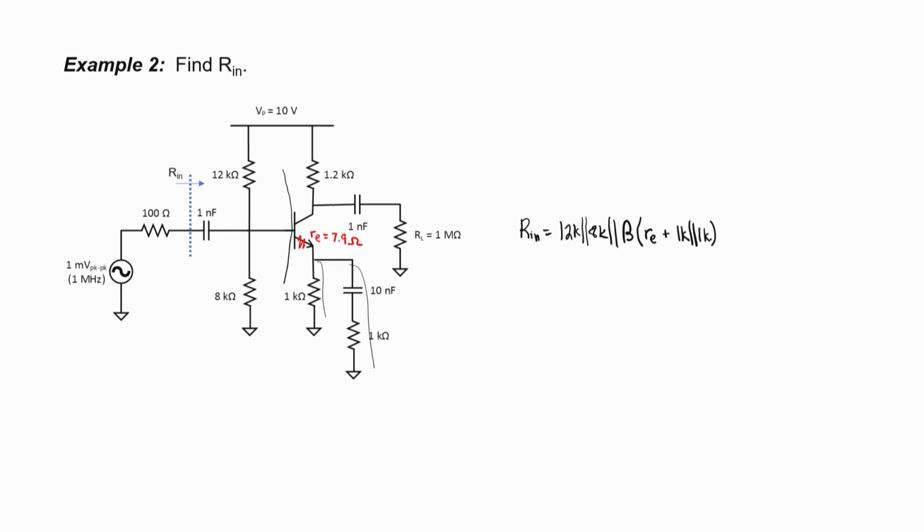We can again estimate beta as 100 and plug in our value for little r sub E here. In this example, the input impedance works out to be 4.4 kiloohms. In the last problem, it was 4.6 kiloohms. So what I can conclude here is that adding this branch to the circuit has reduced our input impedance a little bit. Let's work another problem where we get rid of this lower 1 kiloohm resistor completely and see what